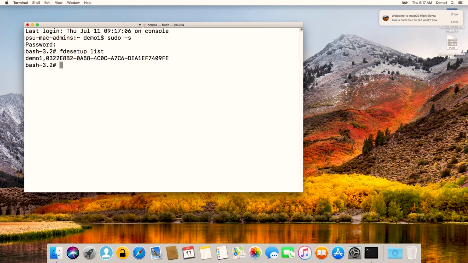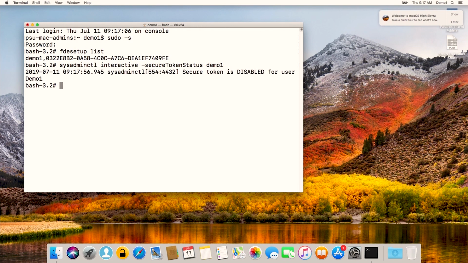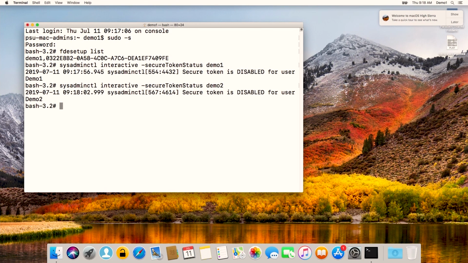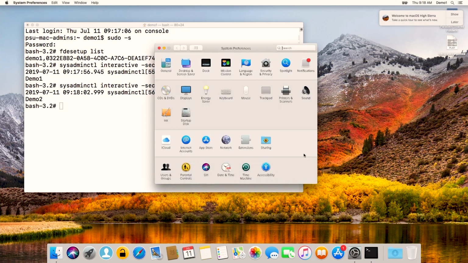And if we look at, oops, can't spell. Let's look at, like, demo 1. So secure token is disabled for my one user in FileVault, and we have one other user on the system, which is demo 2, and the token is also disabled for this user. So if we go ahead and say open System Preferences here,